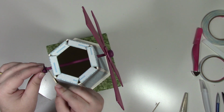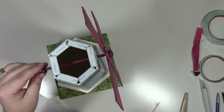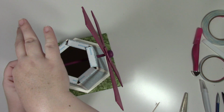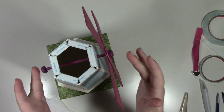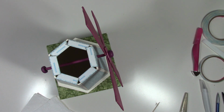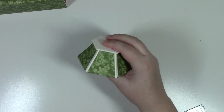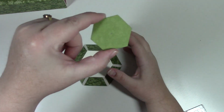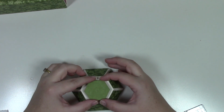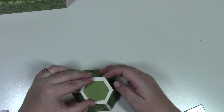It's seeping. It's seeping. Just gonna wipe the excess off. Alright, I'm just gonna let them dry. Alright, before we attach the sky, the very top of it gets a piece that I've already cut out. And we're just going to put it on top,